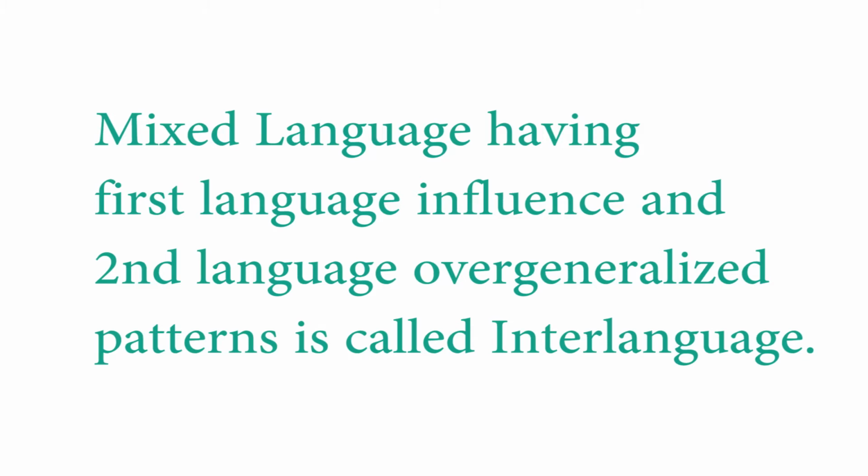Next we have interlanguage. Interlanguage means a third type of language that is generated when a learner is learning a second language, which is influenced by the first language and also by the overgeneralized patterns of the second language. Students try to take help from the first language as well as overgeneralize the second language features, rules and regulations. For example, a Chinese person learning English as a second language will make such structures: "I go work," because there is no use of "to" in that language, so they say "I go work," influenced by L1.